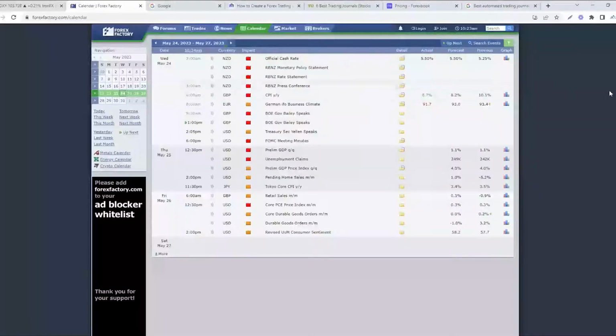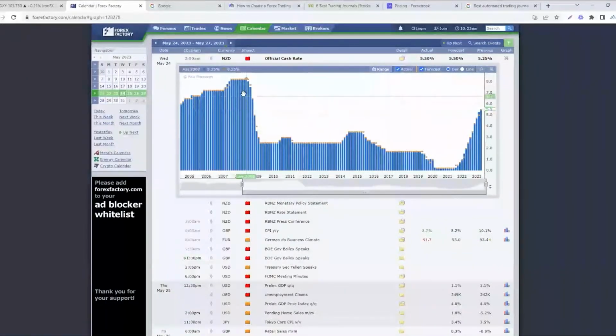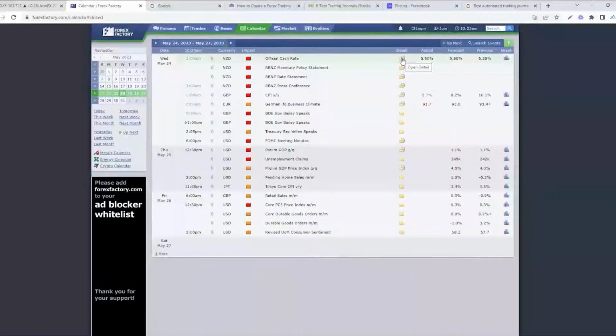Good thing about Forex Factory is not only that you're able to filter through historical and future economic events, you also have the graph icon here. So you can click on the graph icon and you're able to view it directly on this website. You don't have to go to another website or Google for something else to view how this particular data point has performed over the last few years or months. And if you click on the folder icon,